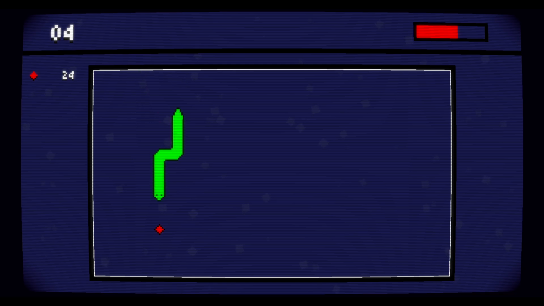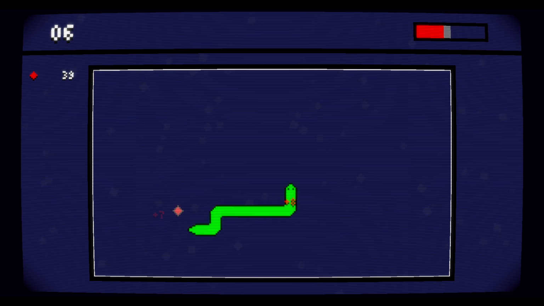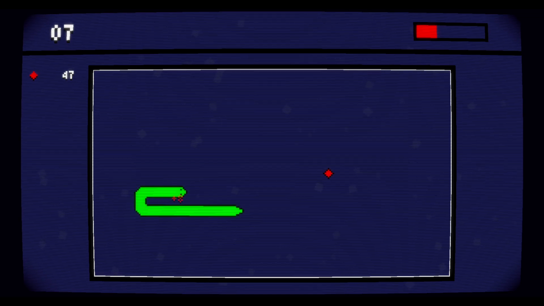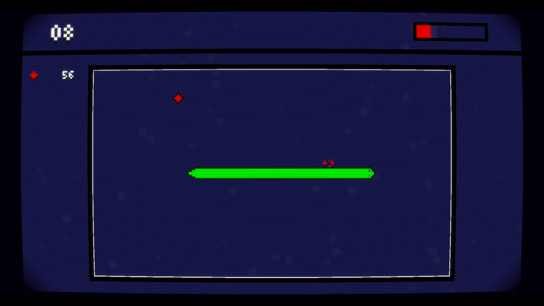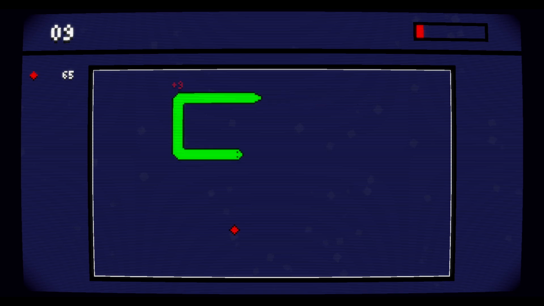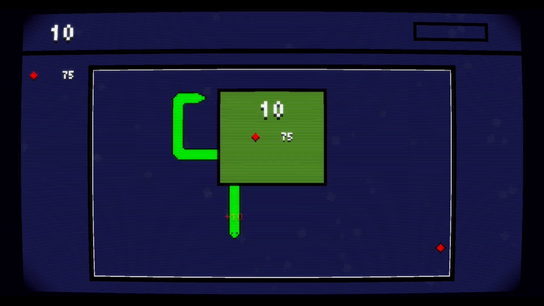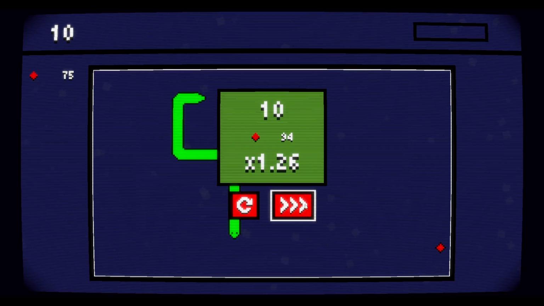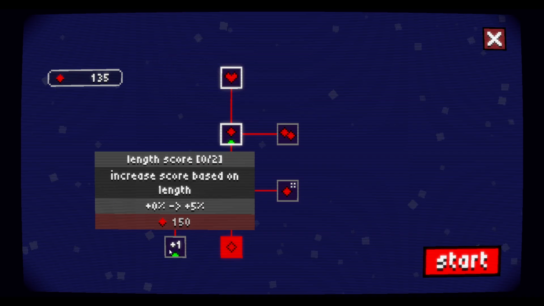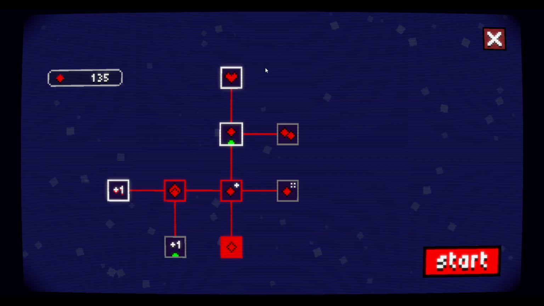Just collecting a bunch of coins. A bunch of red points, rather. Doop. Boop. 9 points right there, and 10 for the last one. We'll continue onwards. We're gonna increase...